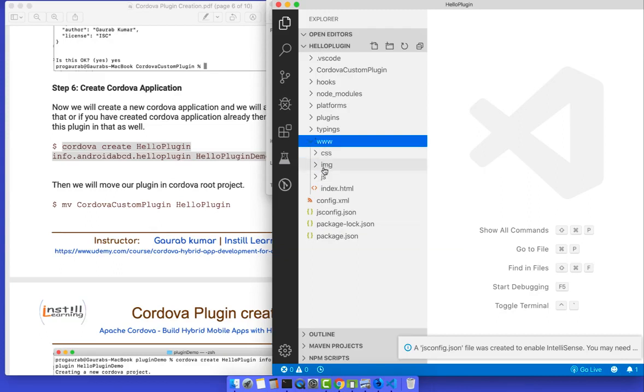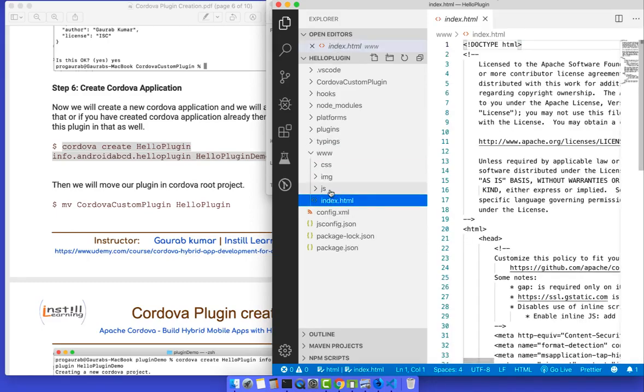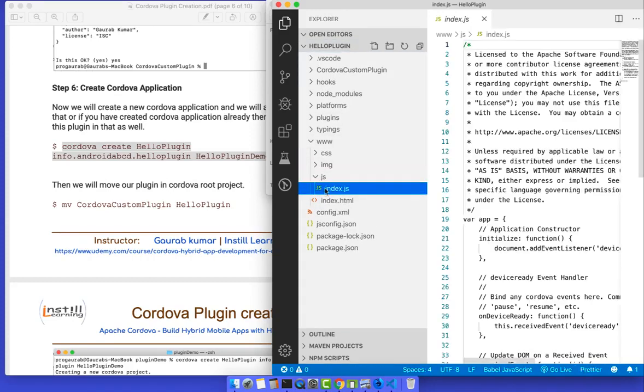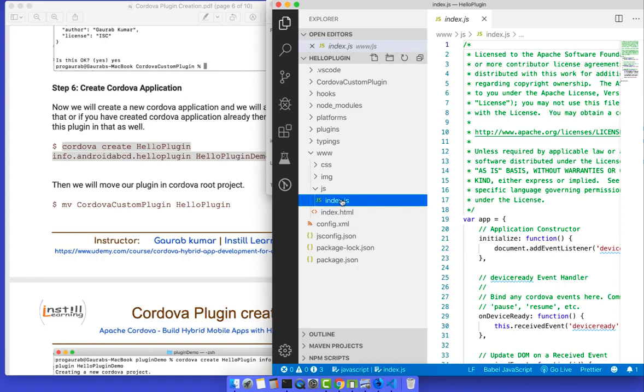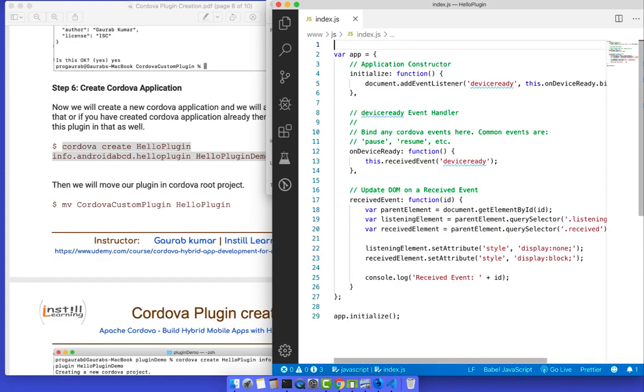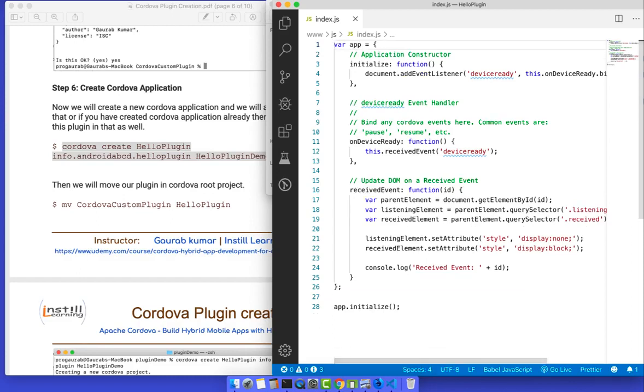As you can see, this is the www folder, and I will not modify anything in index.html, so just leave it as usual. Only we will modify our JavaScript file. So I just open this JavaScript file, and I will just remove this comment, it's looking lengthy. Okay, so now we will modify this only.